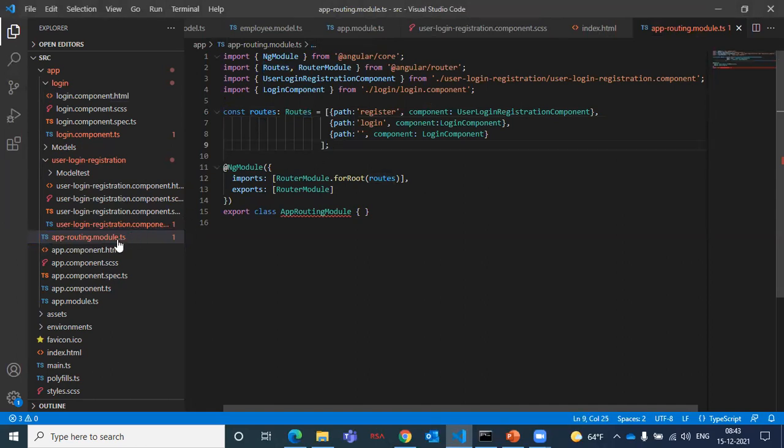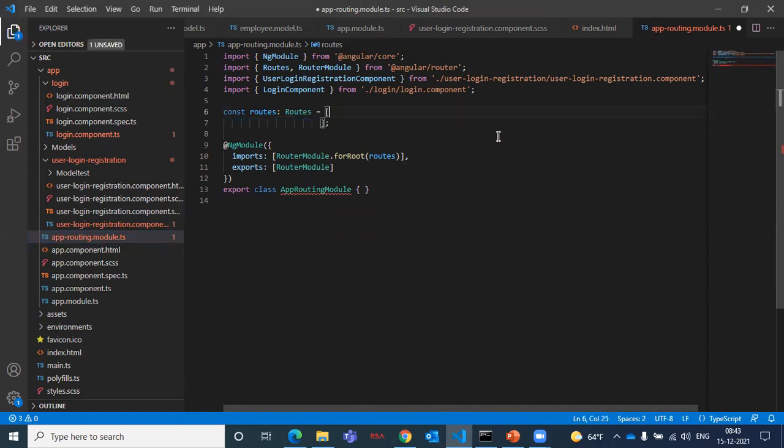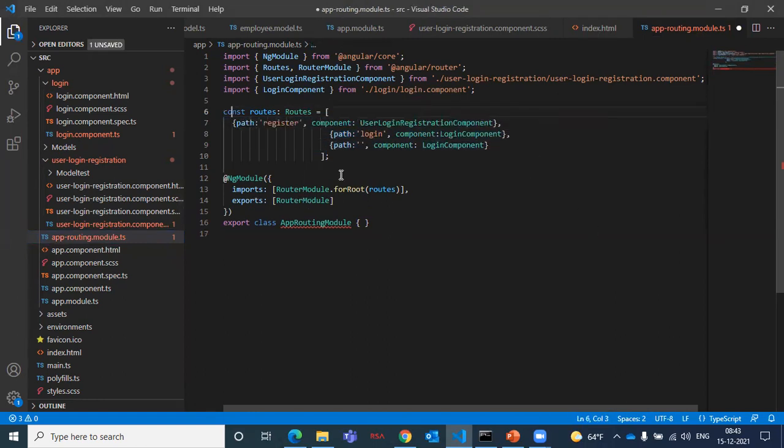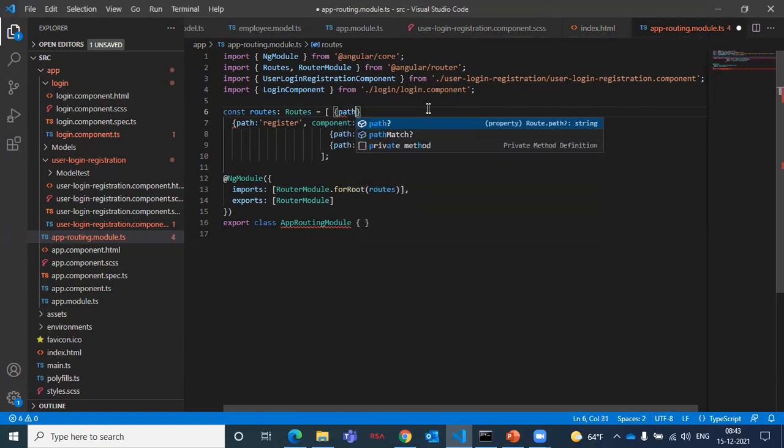Okay, so go to the app routing. Let me explain step by step. Step one, go to the app-routing.module.ts file. There you can see a route with an empty array by default. There you need to mention a path. So how to mention a path? First square bracket, inside of the square bracket a curly bracket, because I need to specify an object: path, which path I need to go, specify this path, comma, component. Which component I need to load? Specify the component.